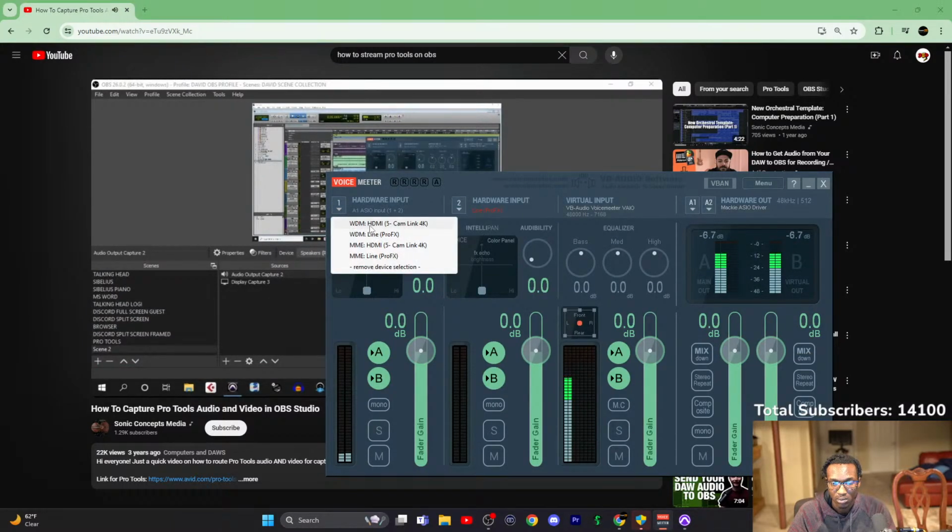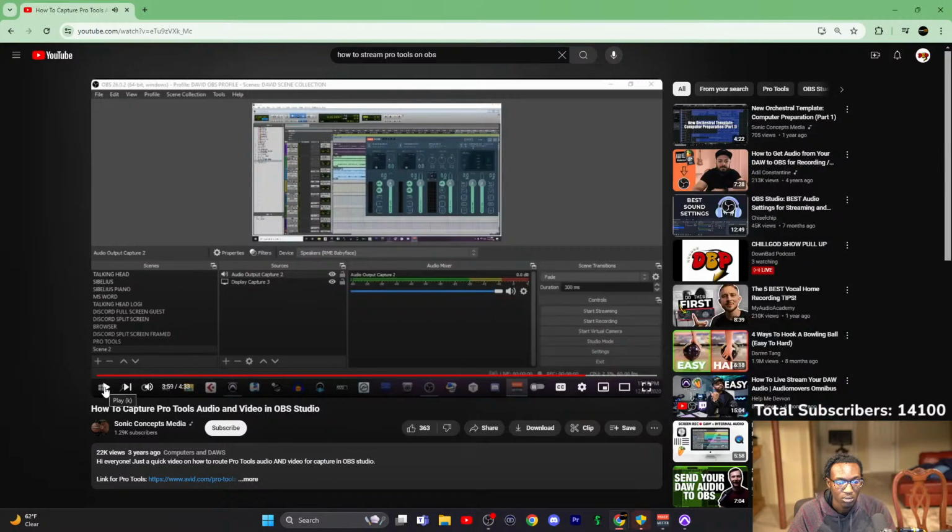So again, here's the routing. In Pro Tools, the output has been selected to be the Voicemeeter virtual ASIO. That's coming in here. Then it's going out the master bus here to